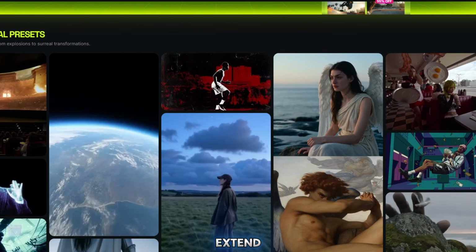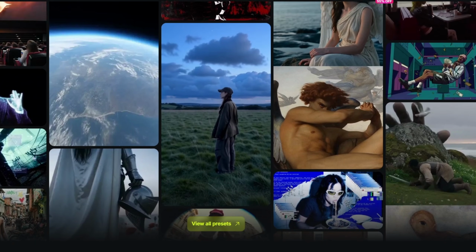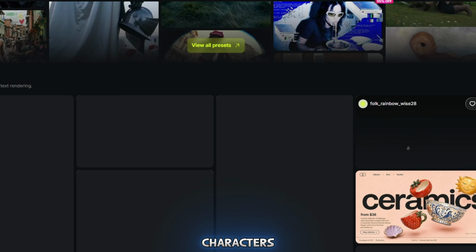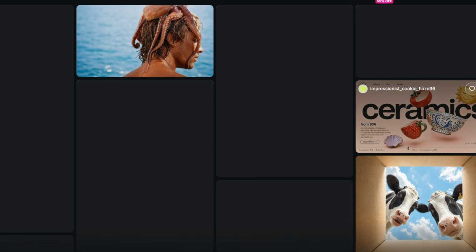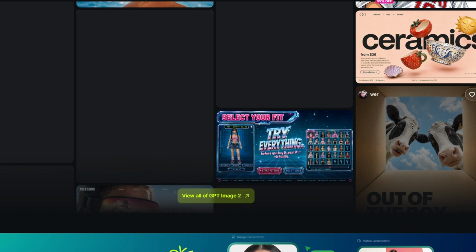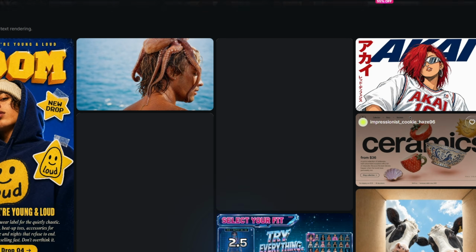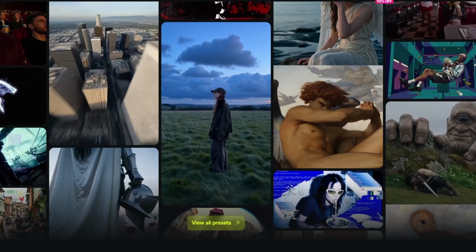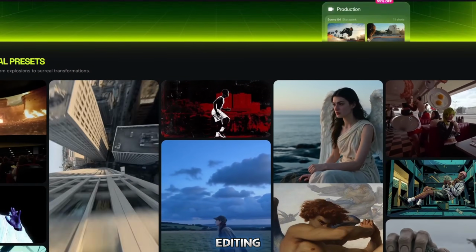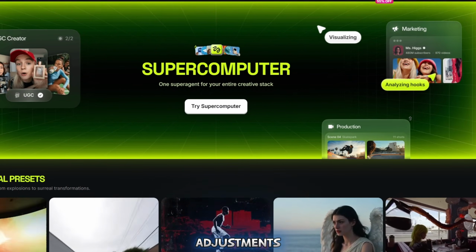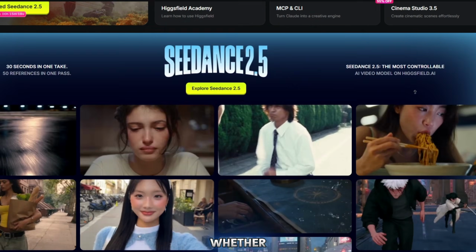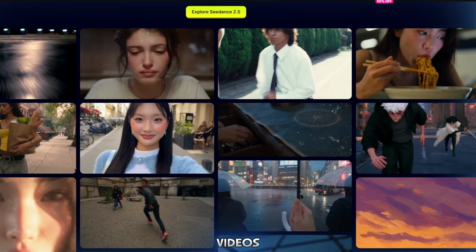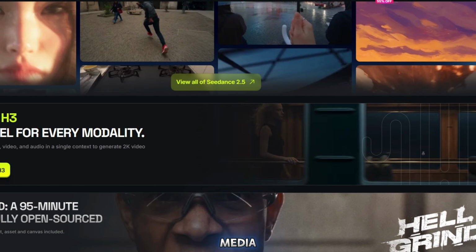You can also extend your scenes, use up to 50 reference images, maintain consistency across multiple characters, and create videos from text, images, or existing footage. Seedance 2.5 also comes with powerful editing capabilities, including timestamp level control, green screen editing, camera perspective adjustments, and reference-based editing. Whether you're creating AI short films, action sequences, music videos, commercials, or social media content,